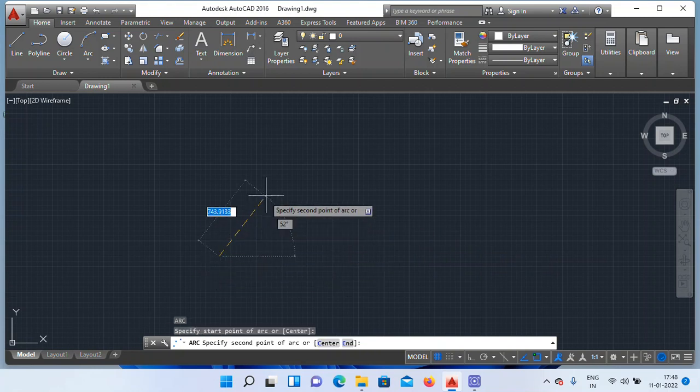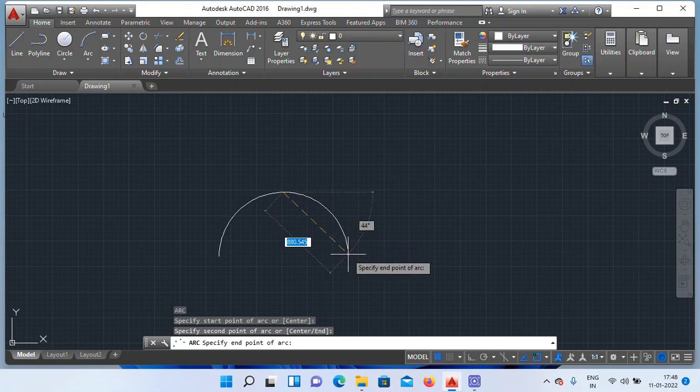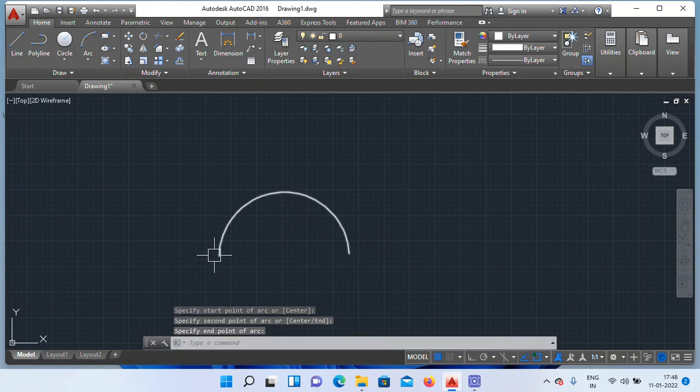Click 1 and move the cursor, click 2, and the third click opposite to click 1. First one click here, second one click here, and the third click must be opposite to the first one, right?